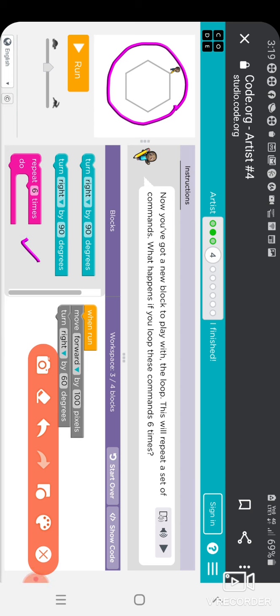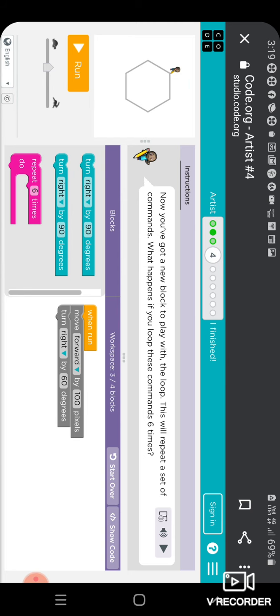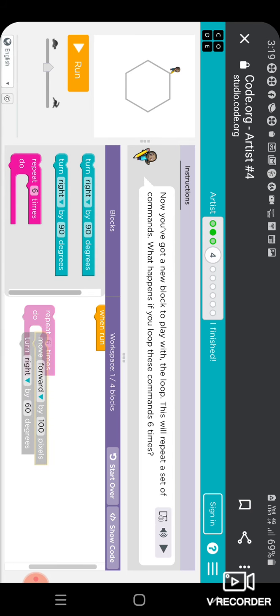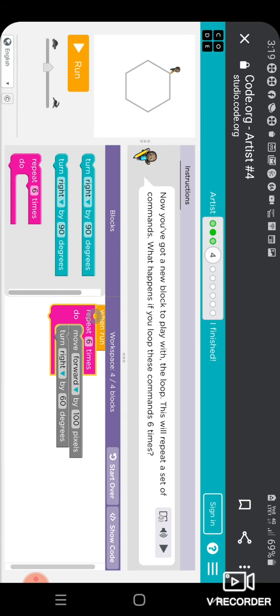You know that we have used the move forward command, then the turn right command. This couple of commands we have used 6 times. So use the repeat command, put these commands inside the repeat loop and join it.